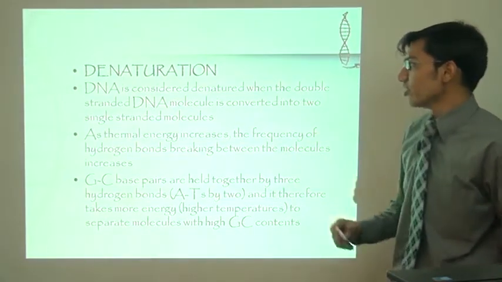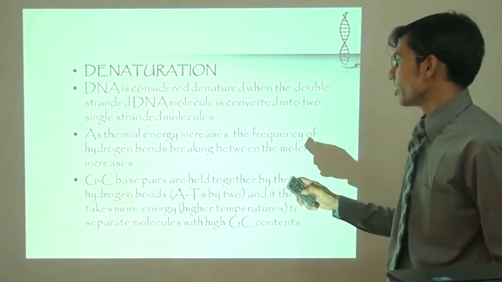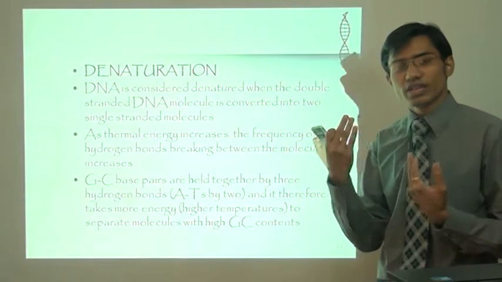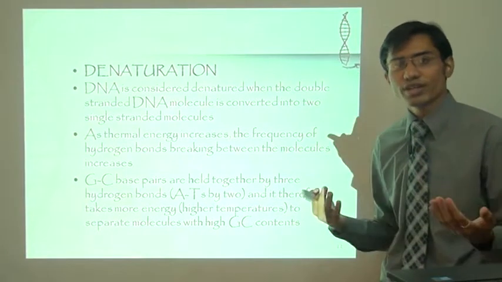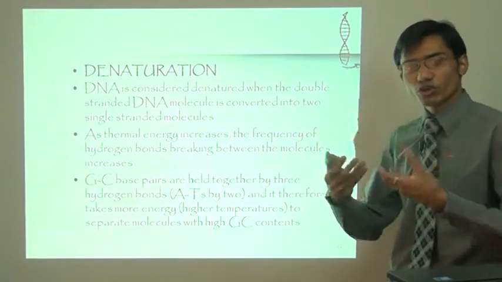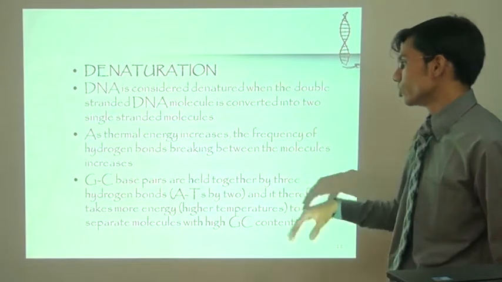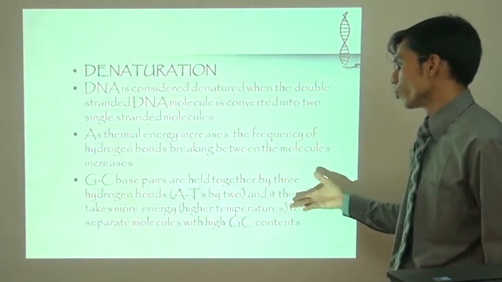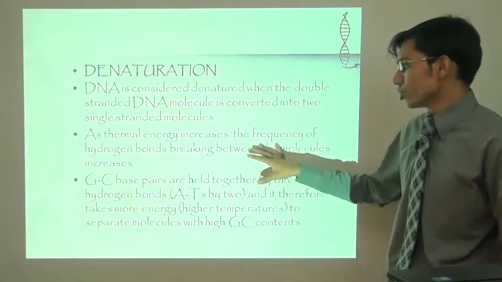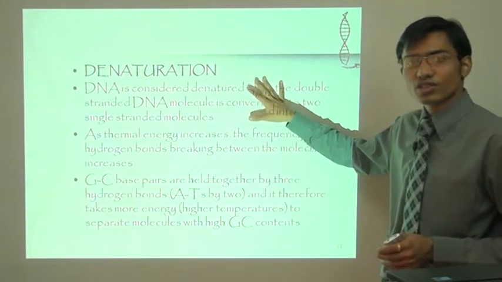Then denaturation. DNA is considered denatured when the double stranded DNA molecule is converted into 2 single stranded molecules. When 2 DNA strands are separated and converted into single stranded structure, it is called denatured DNA because the 2 helices are now separated. As the thermal energy increases, the frequency of hydrogen bond breaking between molecules increases. When we apply thermal energy, the hydrogen bonds between 2 strands break and fall apart, which causes denatured single stranded